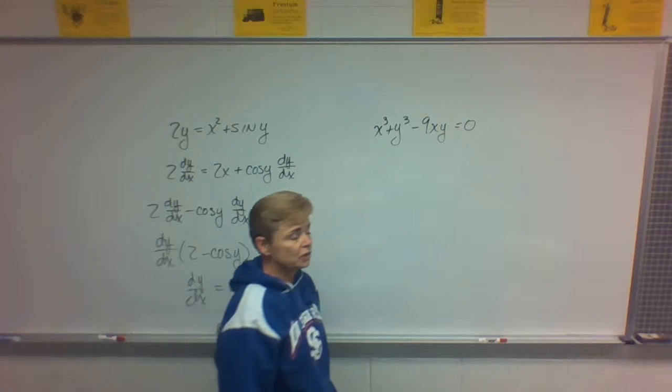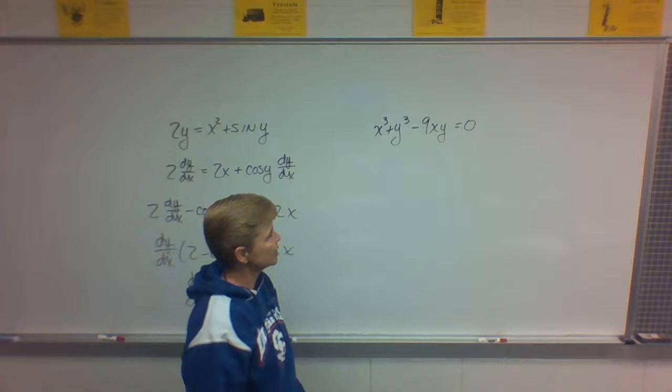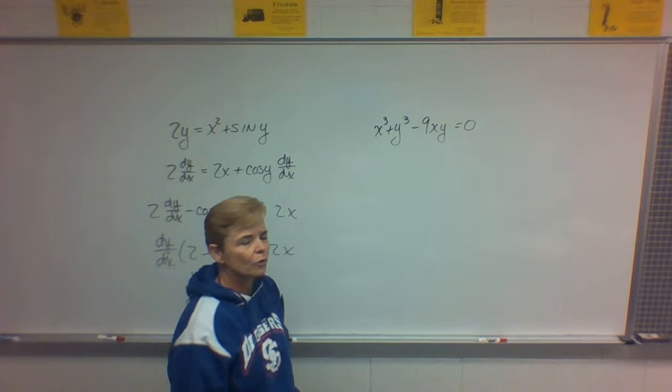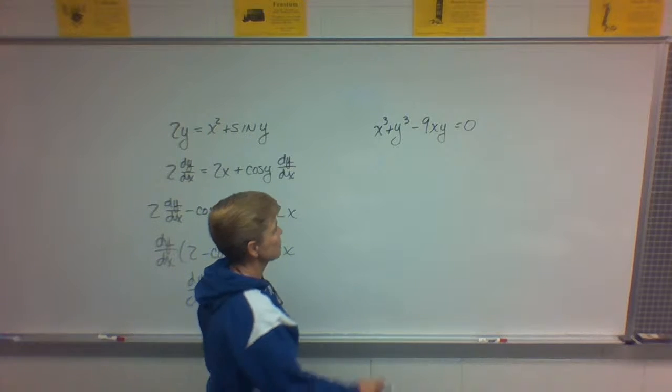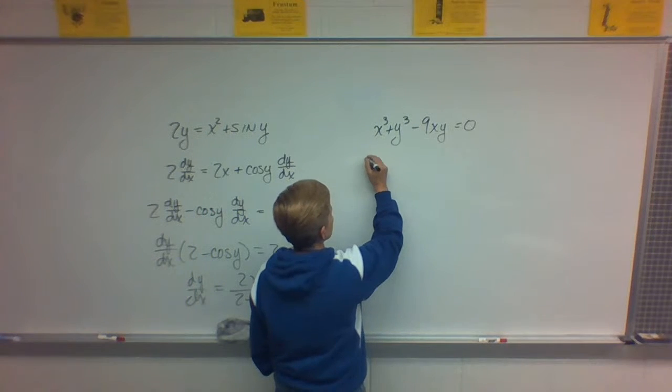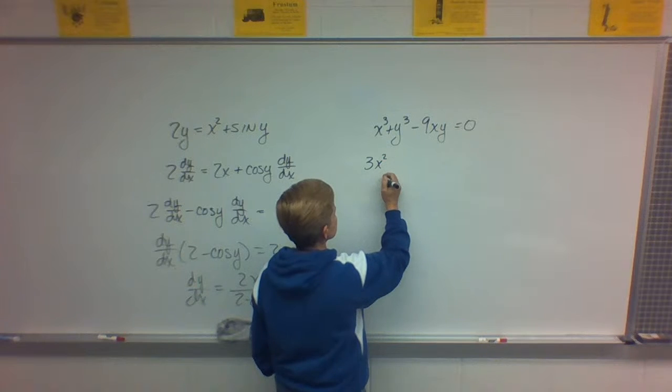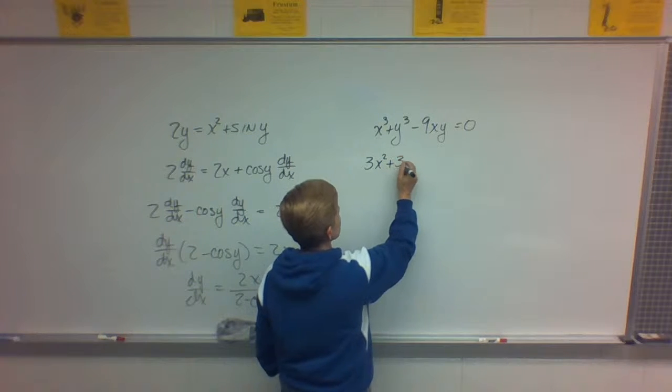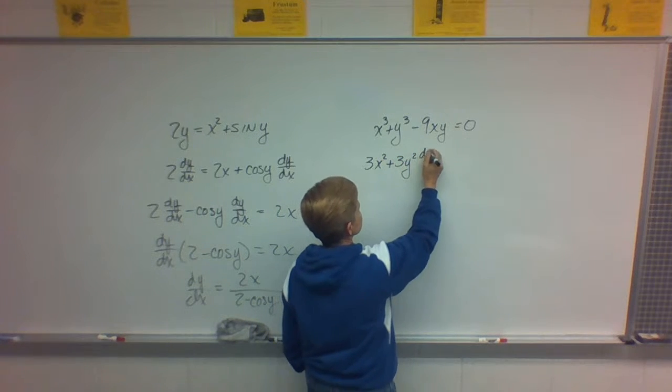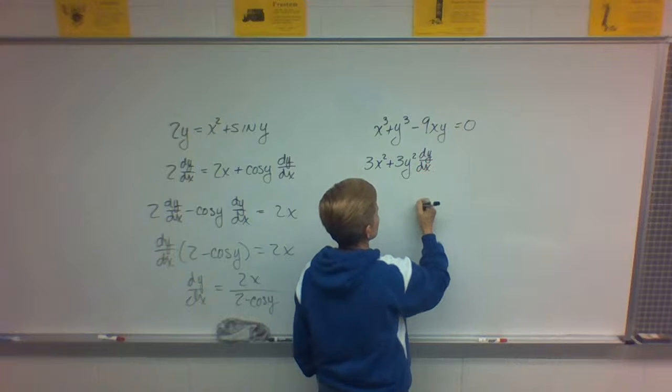And that is a non-function, but it still has tangent lines. So let's go about deriving y with respect to x. What do we get? 3x squared plus 3y squared dy dx. Good. You guys are picking it up. Minus